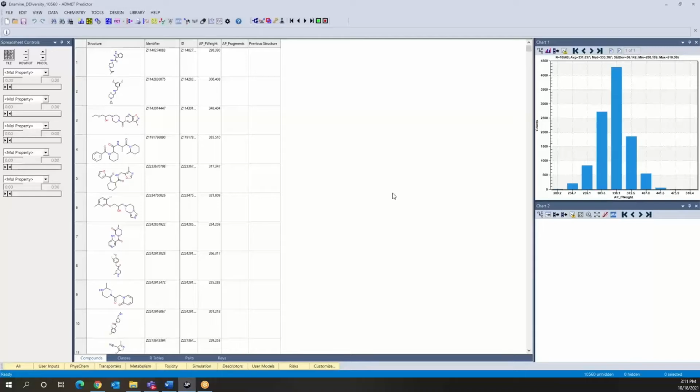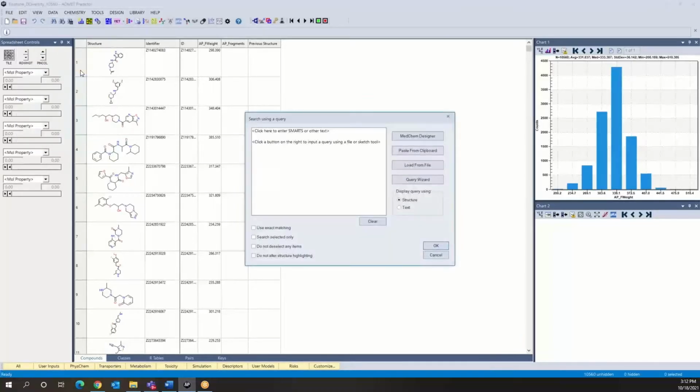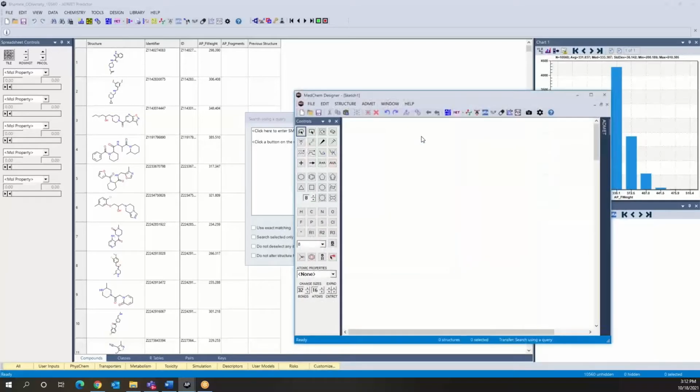One of the ways you can do this in the software is under Edit. You have the ability to query by substructure, by structure, and also by property. The quick keyboard shortcut for this is Control-Q. And you have multiple ways by which you can enter this query. The really easy way to do it is through MarvinSketch Designer. So you have this MetChem Designer option here, and if we want to query for a pyridine ring, we can very simply